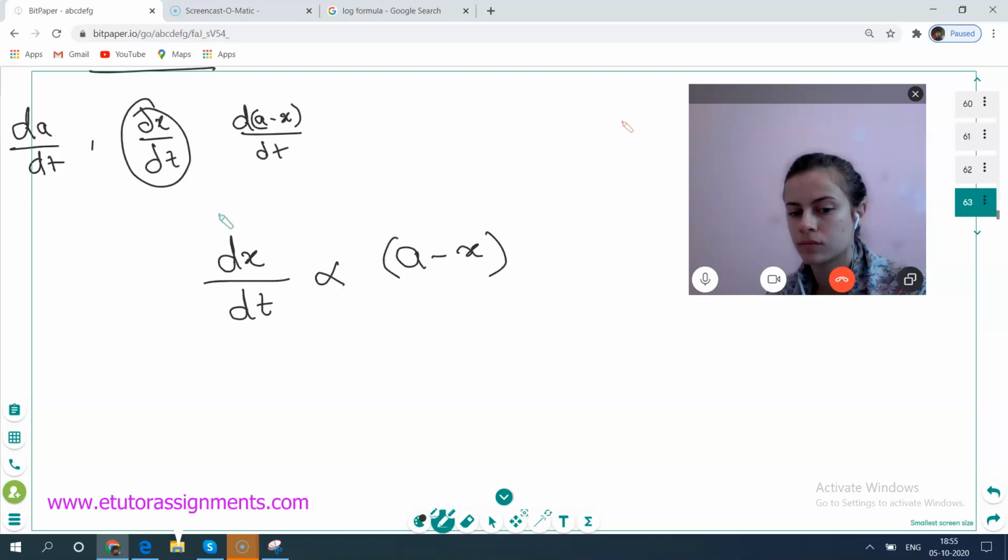Why is the rate of reaction so important? Because some chemicals you want to produce fast, and it involves cost. Suppose one reaction takes one month. Will your company wait a month for a reaction? No. If the rate of reaction is higher, the product will be formed very fast, and there will be more product. Why are you doing the chemical reaction? Because you are getting chemicals used for medicines. Correct?